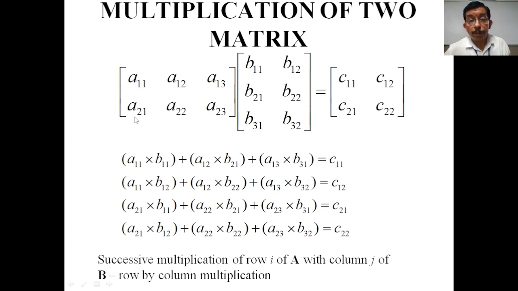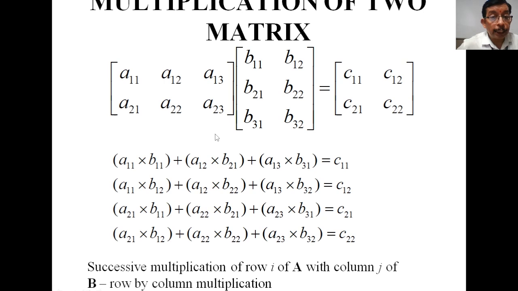Then the only remaining condition is second row and second column. Multiply one by one each element, and after the addition we receive the last element, C22, of the new matrix. The order of matrix A is 2 by 3, and the order of matrix B is 3 by 2, with the common 3 cancelling. The new matrix order is 2 by 2, meaning 2 rows and 2 columns. We receive the multiplication of the matrices this way.